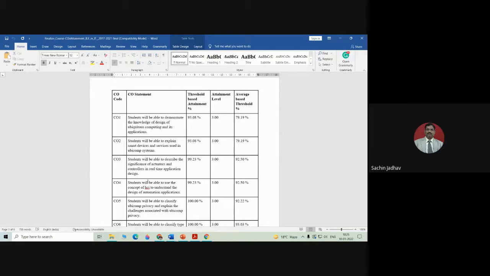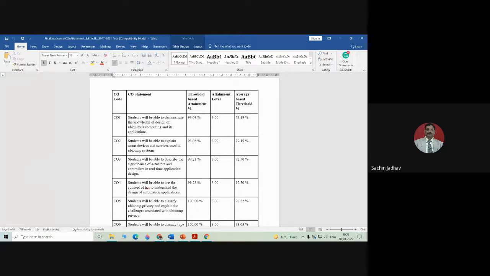So our first course outcome statement says that students will be able to demonstrate the knowledge of design of Ubicom computing and its applications. So after understanding Ubicom systems design, you have to explain what is the architecture. In architecture, you must know what the different components are, and different Ubicom systems computing applications. You must be able to demonstrate. So this course outcome can be mapped to digital poster presentations as well as unit test